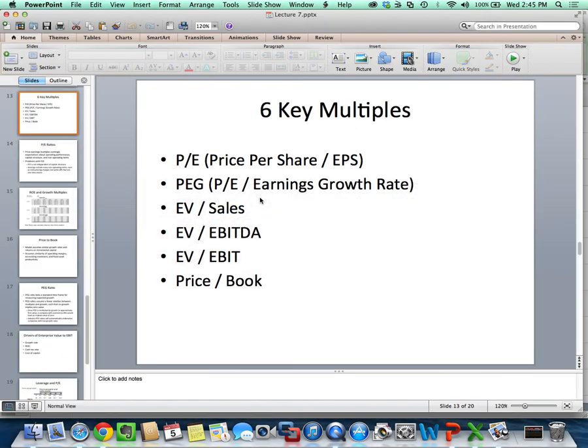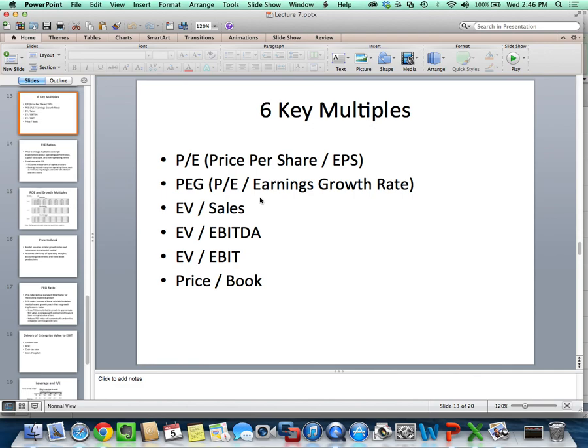Second, the PEG ratio, also known as the price to earnings growth ratio. So the PEG ratio is just that. You take the PE of the company, price to earnings ratio, and you divide by the expected growth of the company. Except in the PEG ratio, the expected growth is what's known as the long-term growth rate in earnings, LTG, and specifically the convention is the 5-year expected growth in earnings per share. So if I take the PE divided by the 5-year expected growth in earnings per share, that's called the PEG